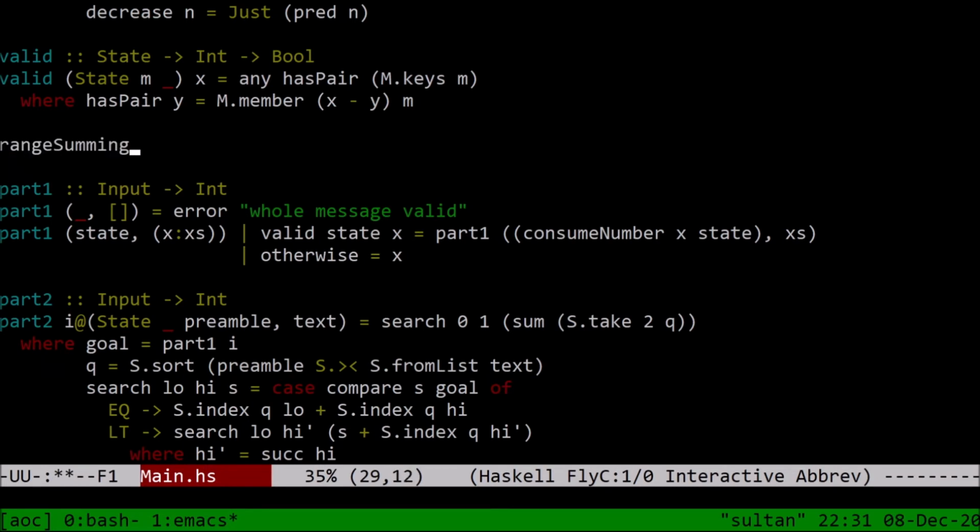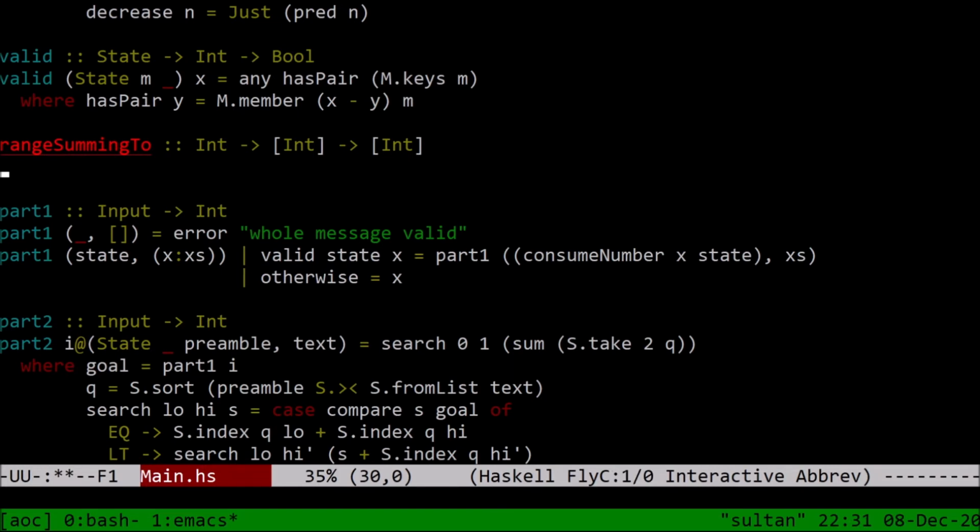Range summing 2 takes a list of int, it takes probably an int first, right? And a list of int, and returns a list of int? I don't know. Sure. And we'll turn these into sequences soonish, but